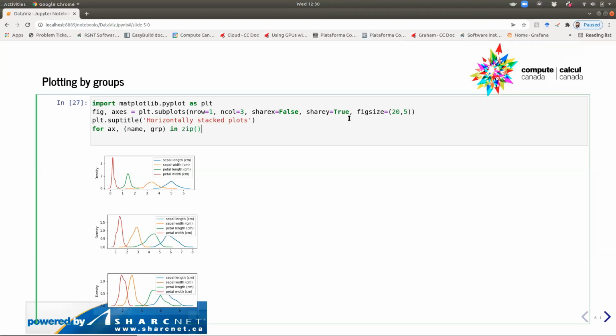So what zip does is it creates pairs of two different lists or iterables in general. You're going to pair the first one of one with the first one of the other. So I'm going to be pairing each one of the axes that I just created here. This is going to create basically 3 axes, because we only have 1 row and 3 columns. So that will create 3 axes or 3 subplots. So this is what the axis is doing, and I am going to zip it